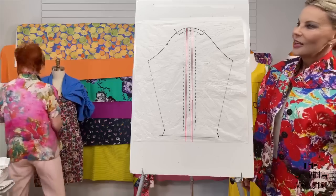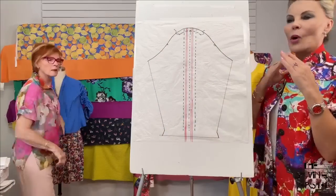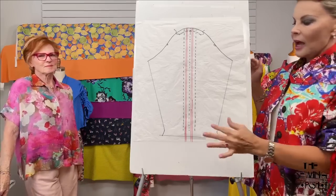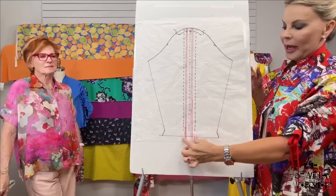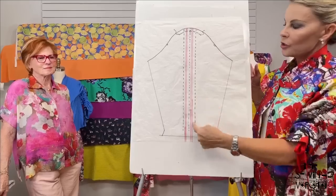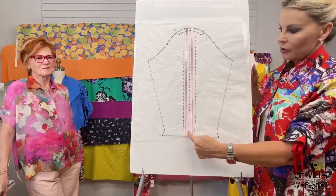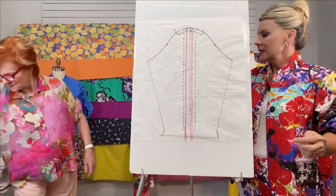Good? So, for instance, on the sleeve, while the pattern was still flat, I had cut out my sleeve. I would cut a 2-inch strip to put on the back of the sleeve once I had determined the location of where I wanted it to go. Then I would sew each of those sides down. I would sew in the middle to make a channel. And then I would use the Easy Threader,